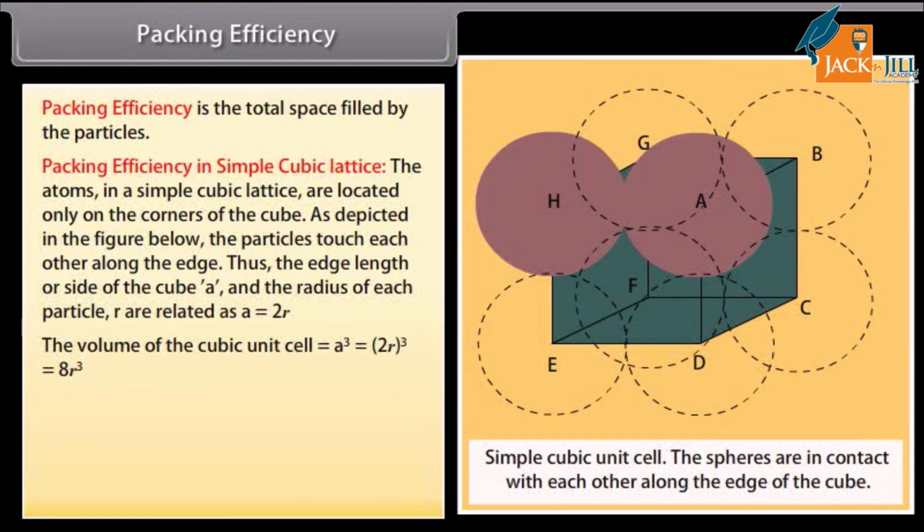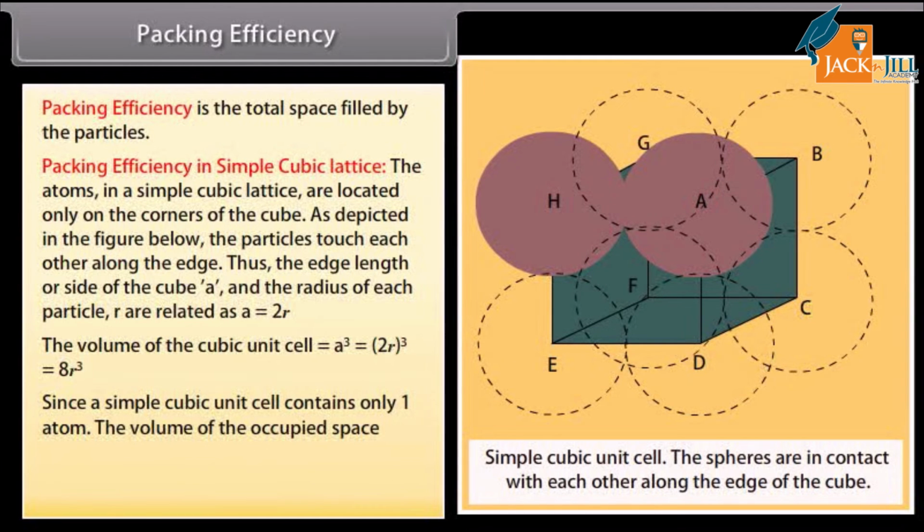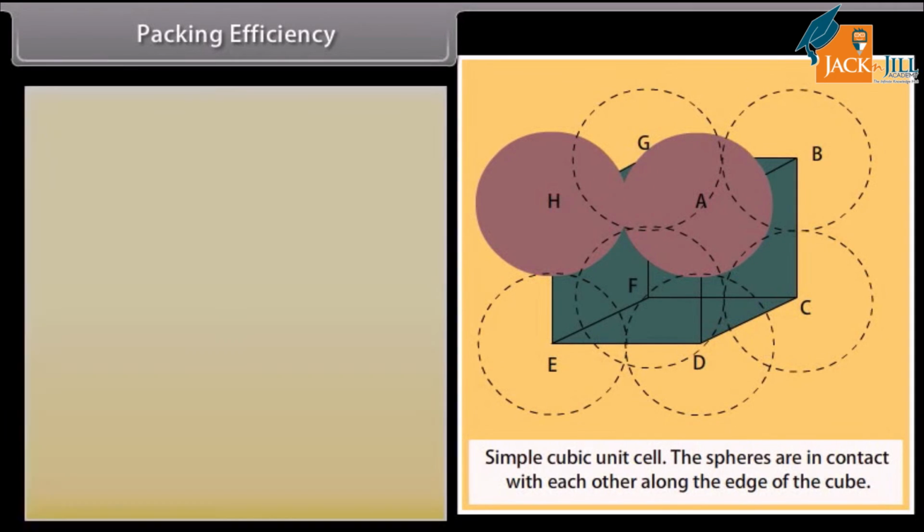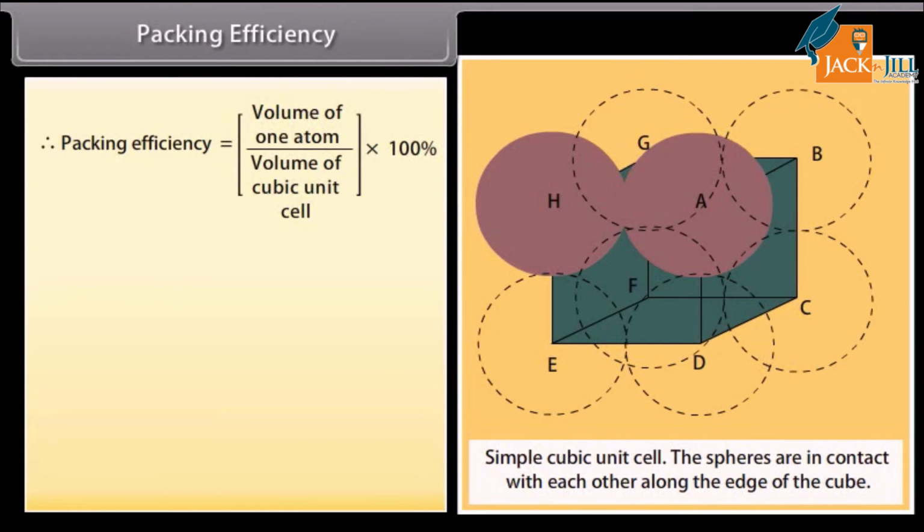The volume of the cubic unit cell is equal to a cube, which is equal to (2r) cube, which equals 8r cube. Since a simple cubic unit cell contains only one atom, the volume of the occupied space is equal to 4 upon 3 pi r cube. Therefore, packing efficiency is equal to volume of one atom upon volume of cubic unit cell into 100, which is equal to 4 upon 3 pi r cube upon 8r cube into 100, which is equal to pi upon 6 into 100,